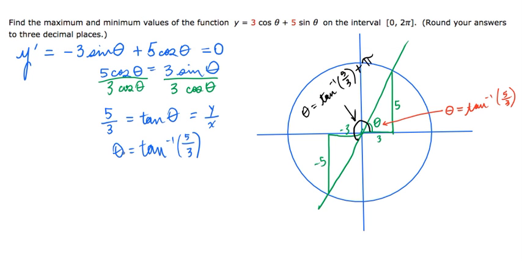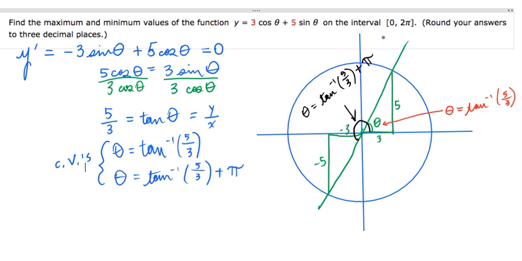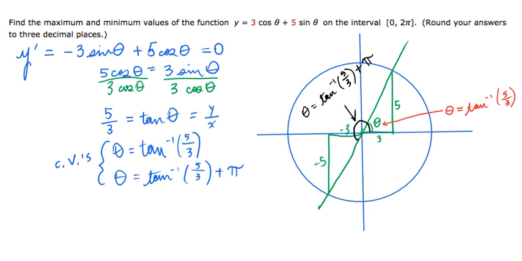Okay, so we have 2 thetas that solve the equation tangent theta equals 5/3. You have to understand how tangent inverse works in order to understand that you need to add pi. So those are my 2 angles, and I could approximate those in the calculator, which we'll do soon. But first, let's go ahead and plug in all the values that we need. So the max and min may occur at either one of those 2 critical values or at the endpoints, 0 or 2 pi. So we need to compare the y values at those 4 values of x,